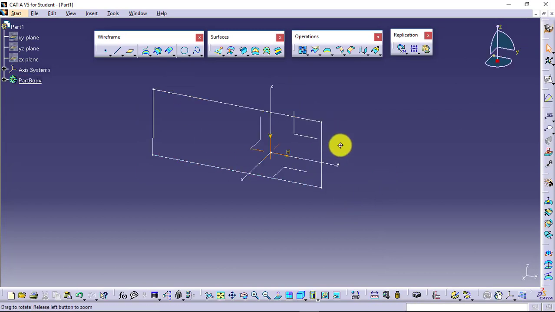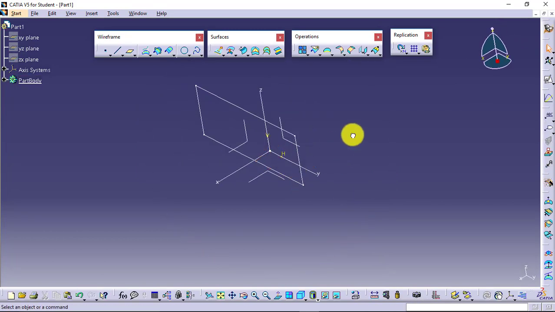So I have one sketch available which is a closed loop sketch, but when you apply surface creation features on that, it doesn't matter whether it is closed loop or open loop, it will give you the result as surfaces only. So I will apply the feature in the surfaces toolbar named as extrude. It is similar to the pad feature we had seen in the part design. What it does is, normal to the sketched plane, it creates the surface. So I will go for extrude.